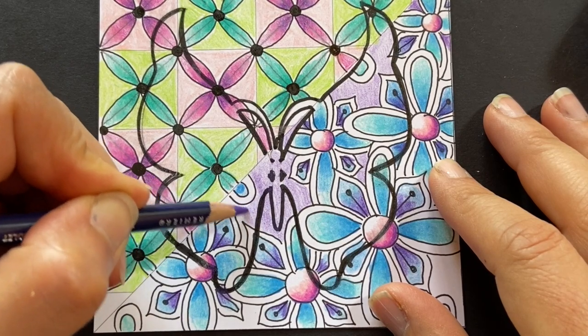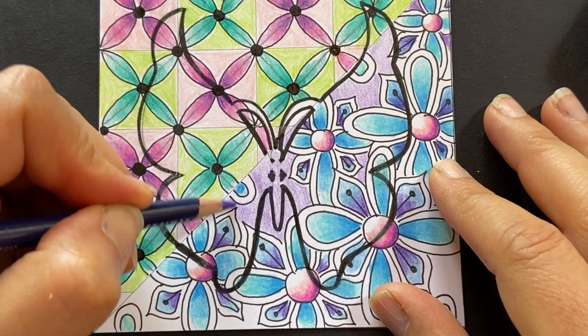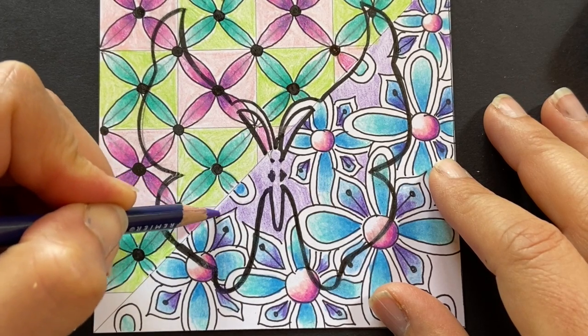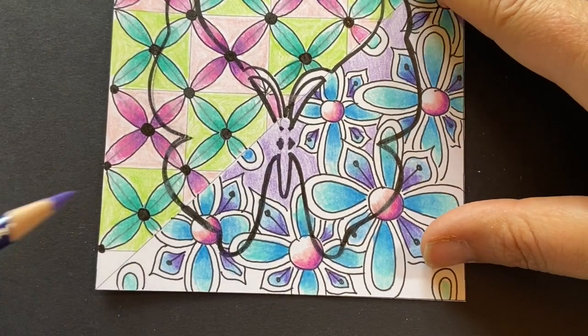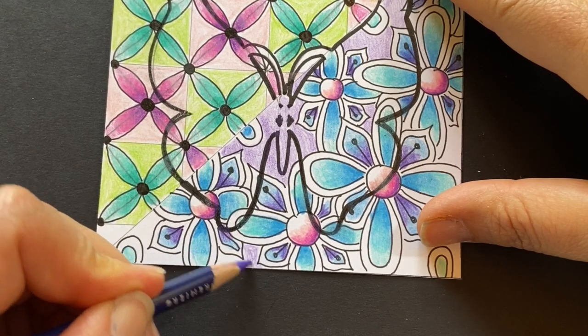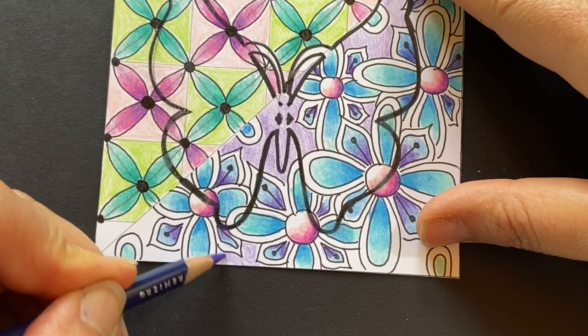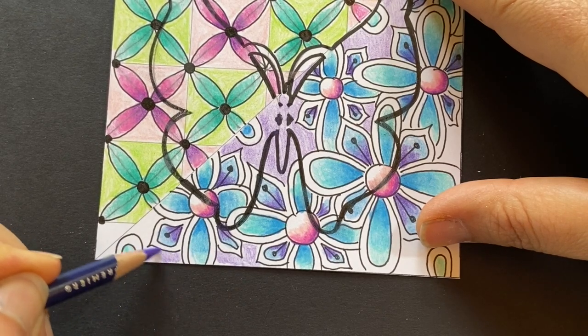So I'm just taking my time with it. I'm going very, very lightly. So it's just a splash of color. It's not like I'm doing a heavy, heavy color with it. So you go ahead and do yours in the background. I'm going to finish up mine, and when we come back, we're going to start the transcending process around the